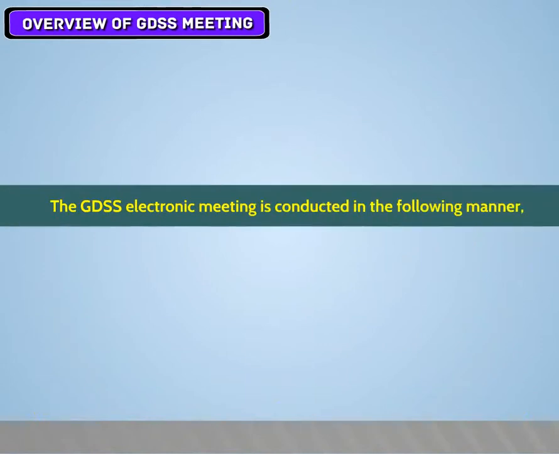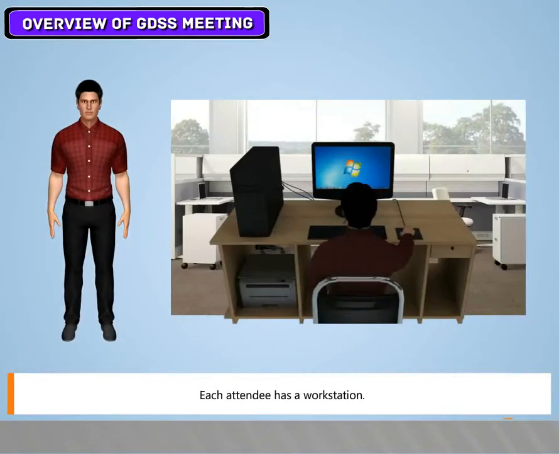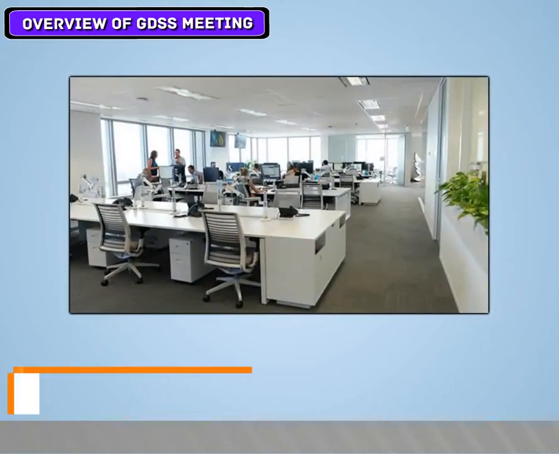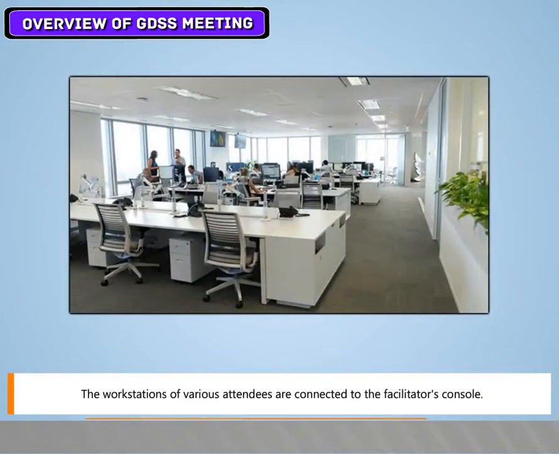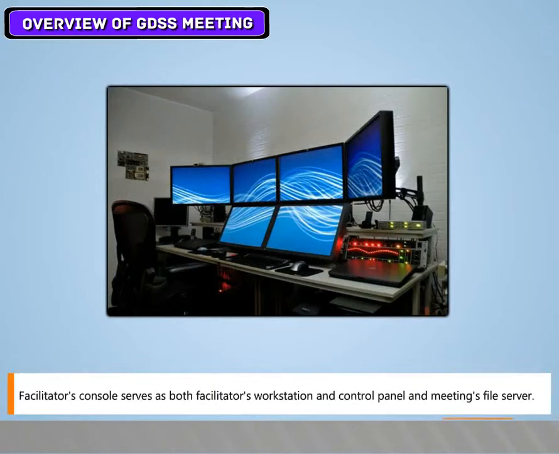Overview of GDSS meeting. The GDSS electronic meeting is conducted in the following manner. Each attendee has a workstation. The workstations of various attendees are connected to the facilitator's console. Facilitator's console serves as both facilitator's workstation and control panel and meetings file server.